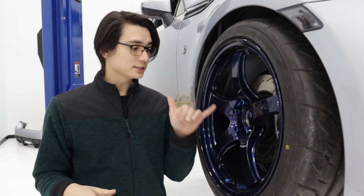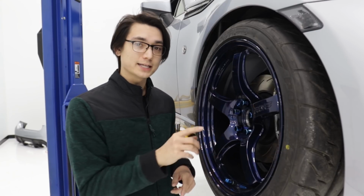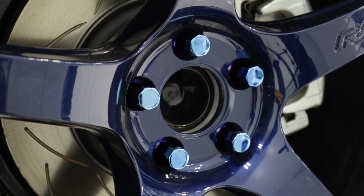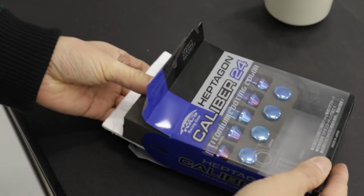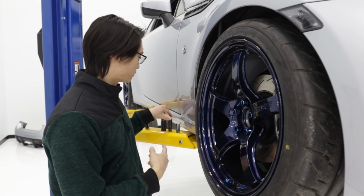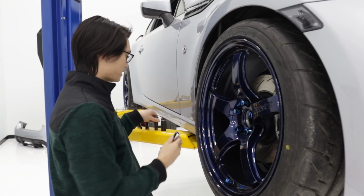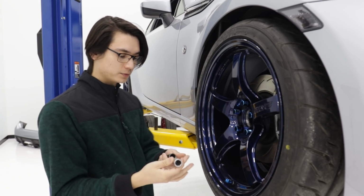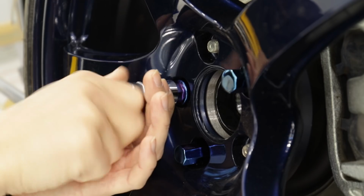Project Kicks also has these new lug nuts. These are the Caliber 24 and they're in this blue titanium coating finish, which I think looks phenomenal with these Eternal Blue 57 CRs. Now these are pretty unique because they have a 7-sided lug and your standard sockets are not going to fit on this. You have to use their own included socket, and then you can put a 19mm on the back,